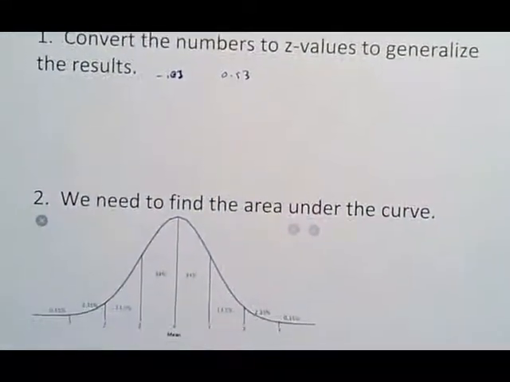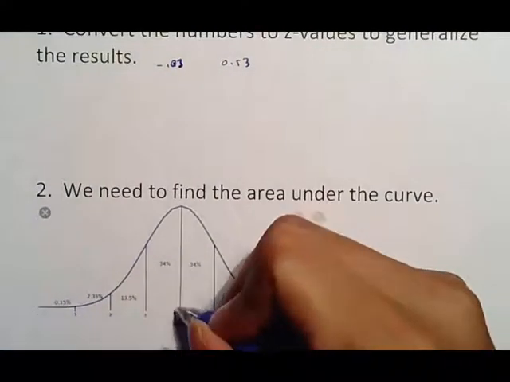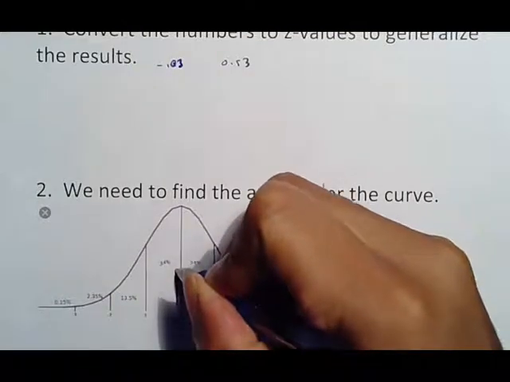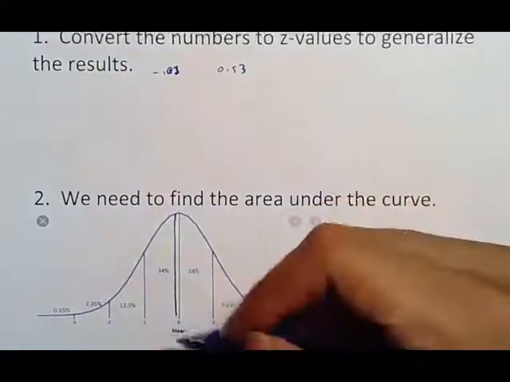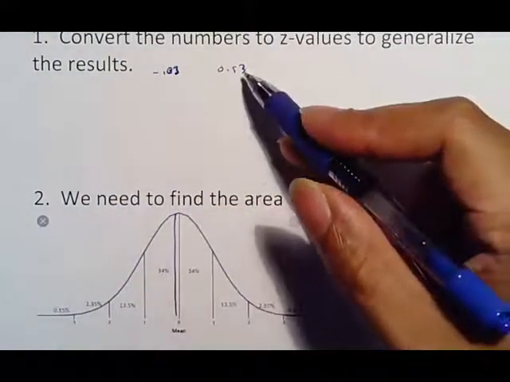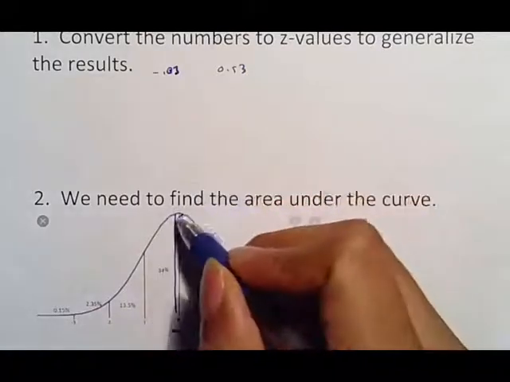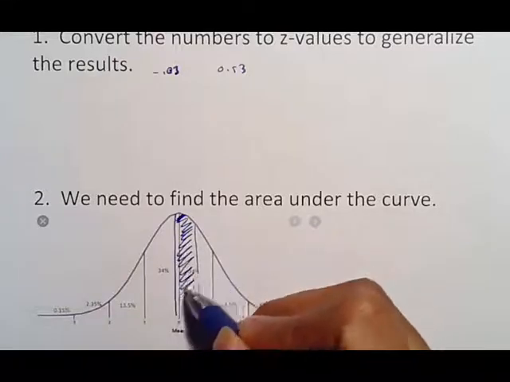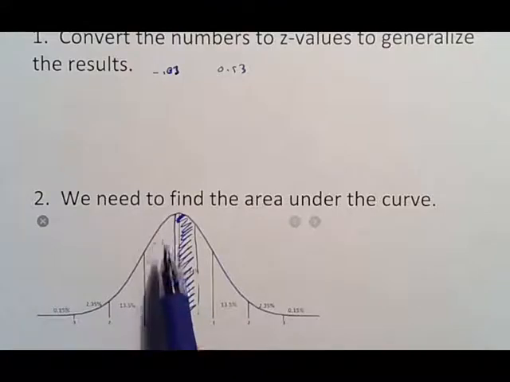Now we need to find the area under the curve. So what we're looking at here is that negative 0.03 would be somewhere around here. Of course it's not going to be accurate because I'm not a computer. 0.53 is going to be around the halfway range, which means we are looking for that number. When we're looking for the probability, you're actually looking for the area under that curve. Calculus eventually will help you with that, but your technology can do it for you too, because of course we are not good enough to know what that percentage is based off of just looking at a curve.